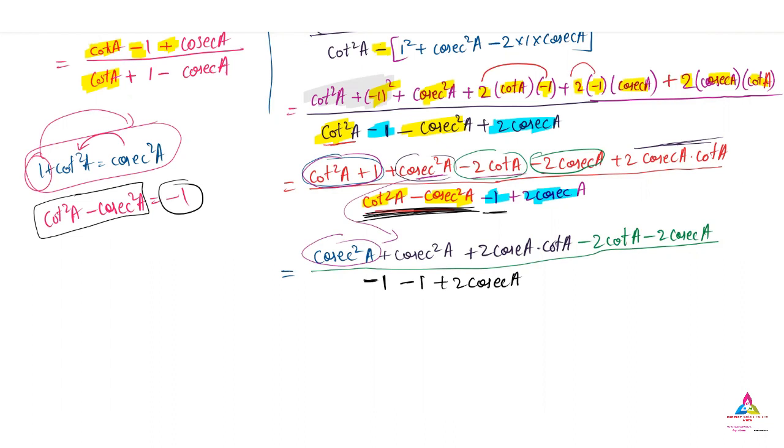Minus 2 cot A minus 2 cosecant A I have written at the end, because both have a minus sign. Minus 2 we have. I have written this 2 cosecant A cot A here because it will be combined together. This 2 will be combined in the next step. For that purpose I have written like that. So you have to practice, and then you will come to know how to combine the groups.